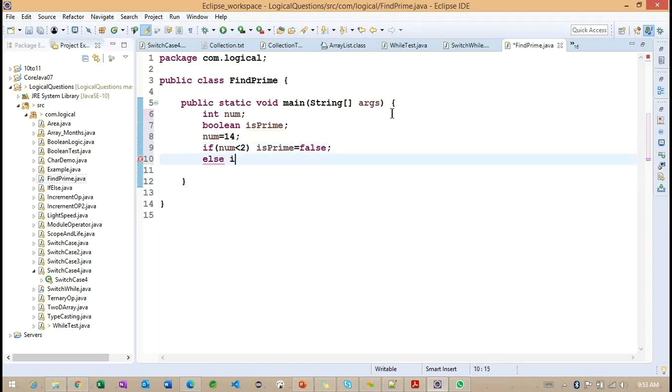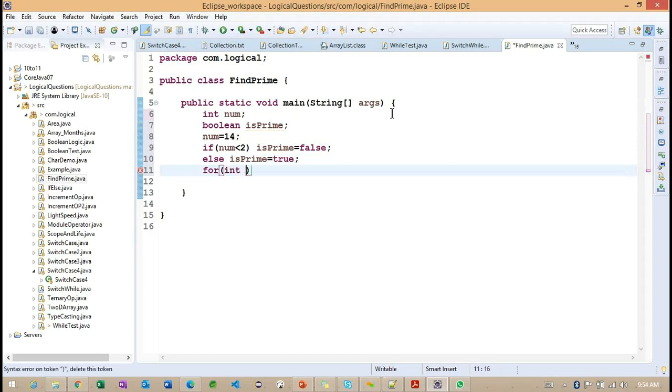That is what I'm trying to add here. Inside else, isPrime is equal to true. So this is the condition for the boolean value. Now what I'm doing here: int i is equal to 2 and i less than or equal to num by 2, i plus plus.